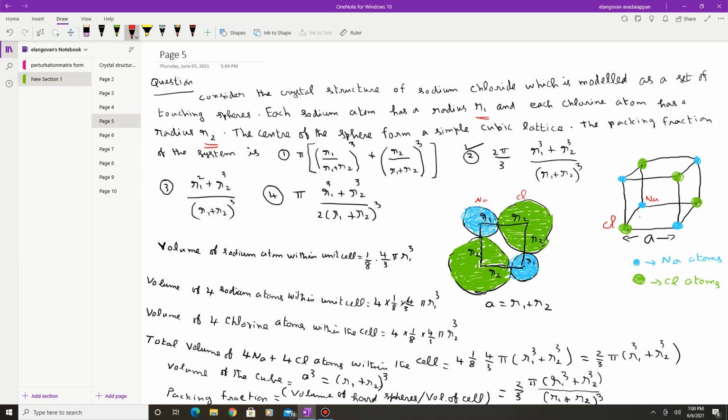So 1 by 8 into 4 by 3 pi r cube is the volume of a sodium atom, one sodium atom is here. Since there are 4 sodium atoms corresponding to each cell,